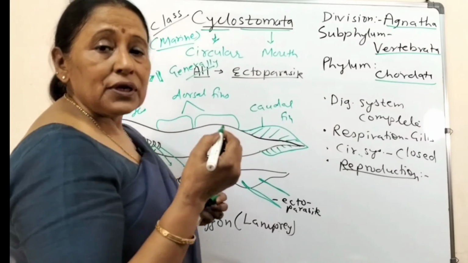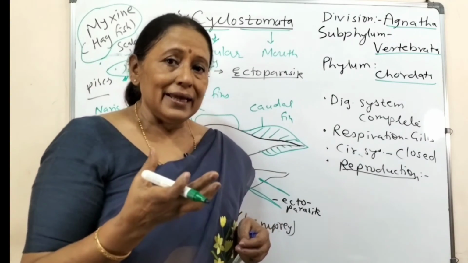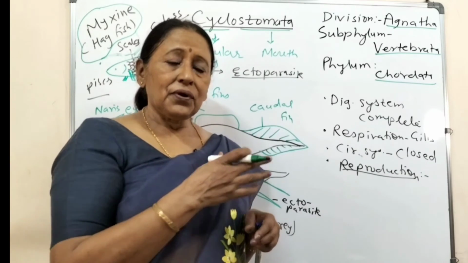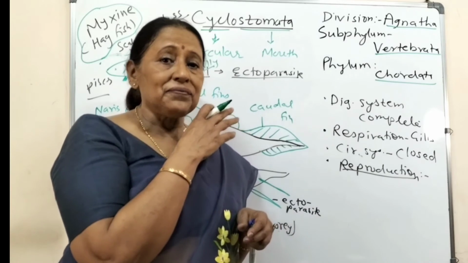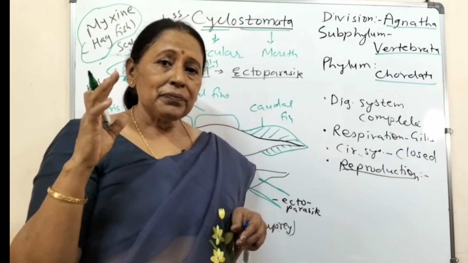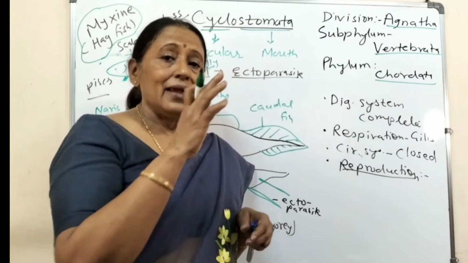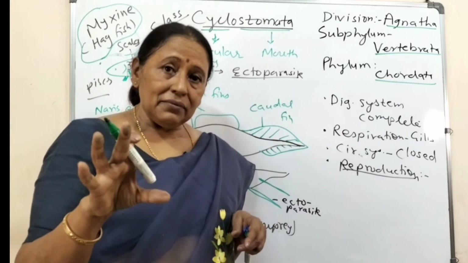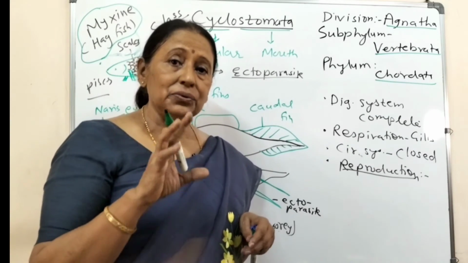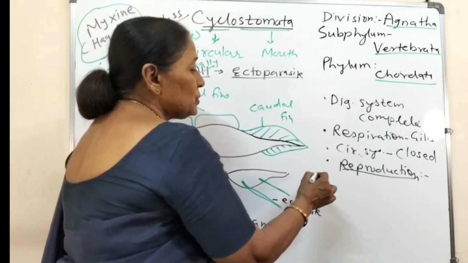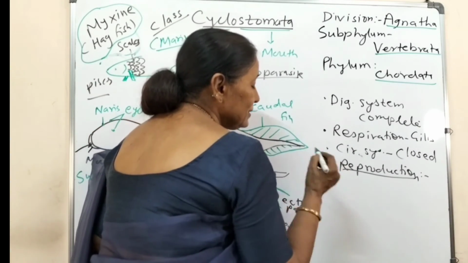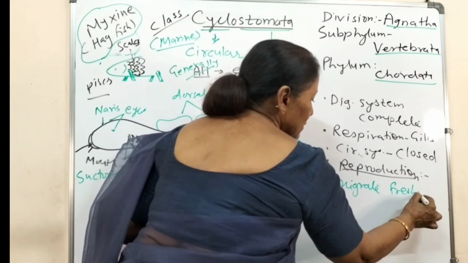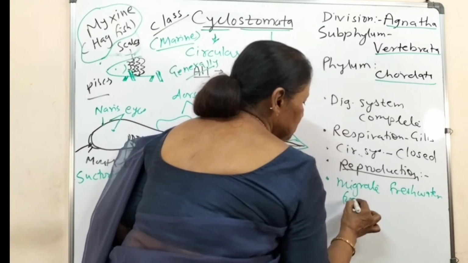But during reproduction, for spawning, means to lay the eggs, they migrate to the fresh water. Sometimes they can travel a distance of 5,000 kilometers or so, from the ocean to reach the fresh water. When that much distance they travel to reach the river, and then so we see that they are dioecious, and then they migrate to fresh water for spawning,